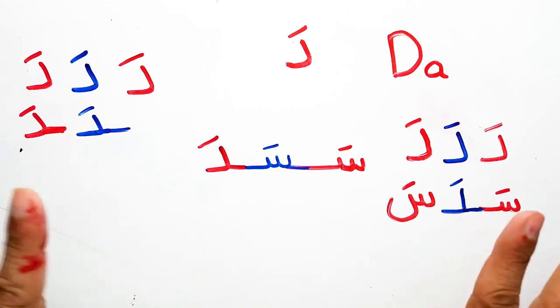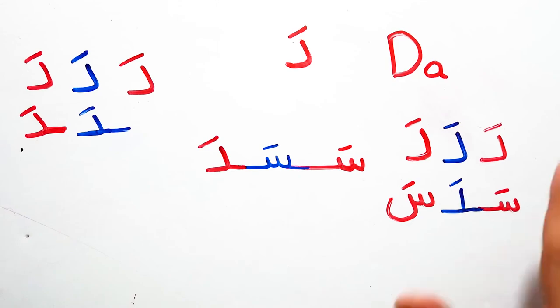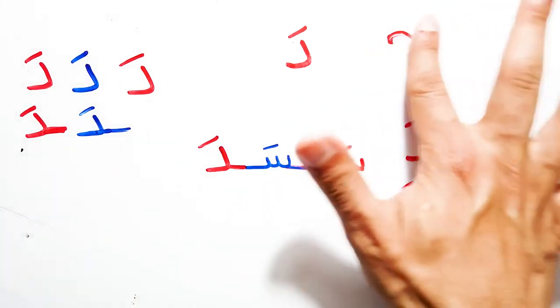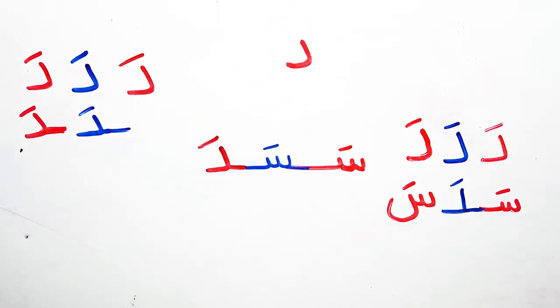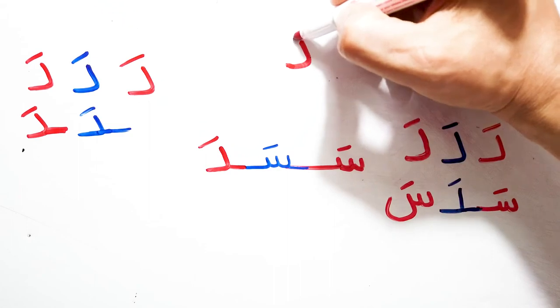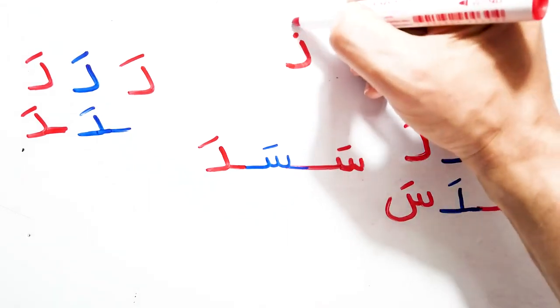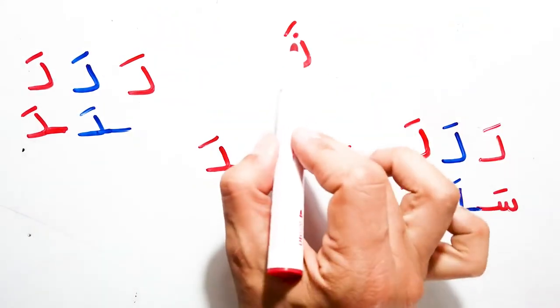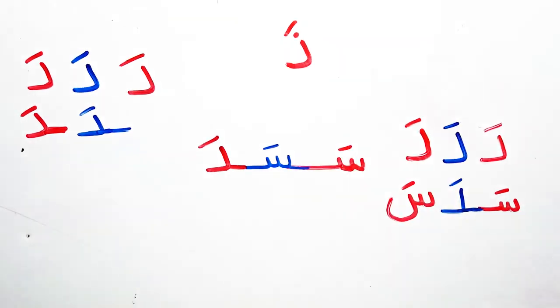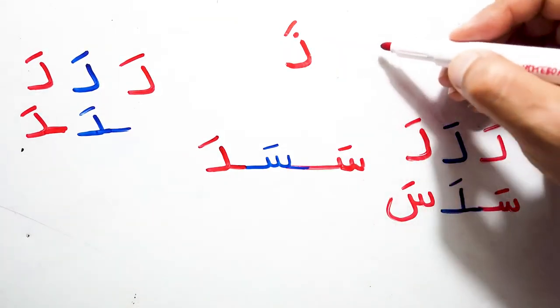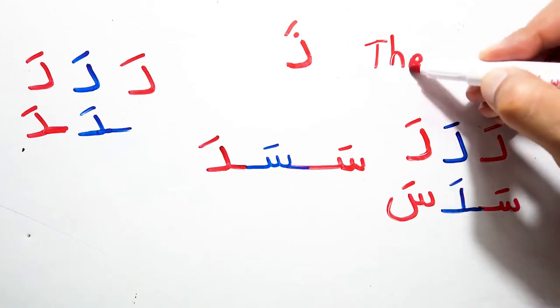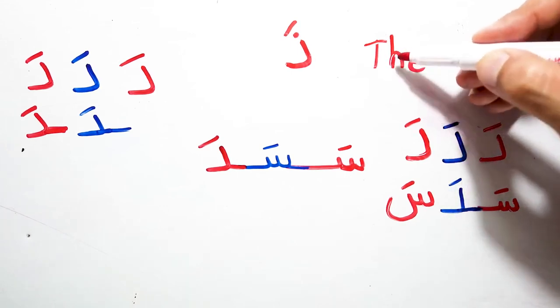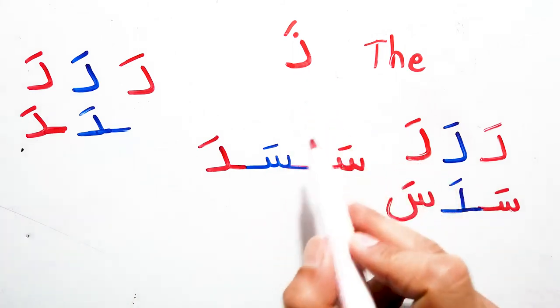I'm gonna keep everything here. I'm not gonna erase anything. Just I will remove this here. And now let's add just a dot here on the top of this letter. And then I will add the fatha again. Now this dot changed the sound of the letter. Now we have tha. It sounds exactly like this. You have to touch your upper teeth with your tongue to pronounce it. Tha.